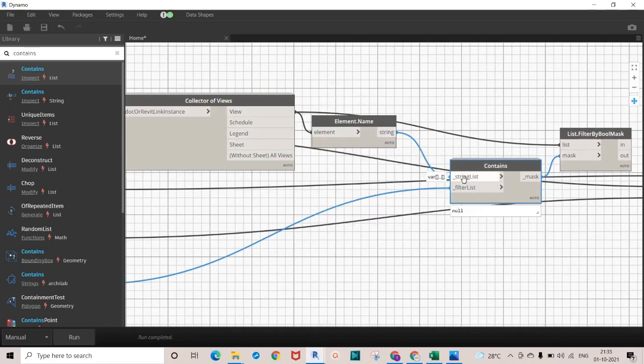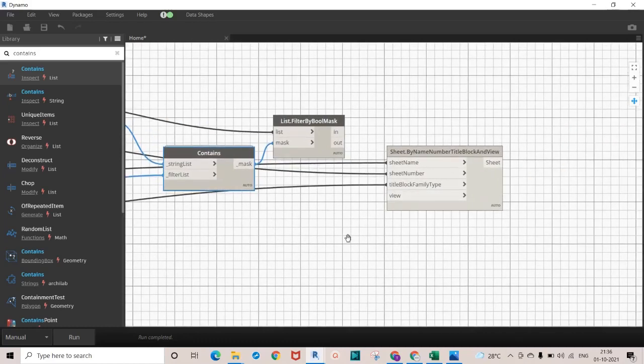Then we have given the list of all the views, and we have filtered the views that we actually want, and then we have applied the filter mask. I want to get the actual names of the filter list I have given. So we have got all the views from Revit to Dynamo, those are the views that we actually want